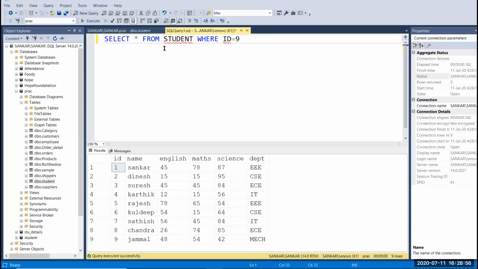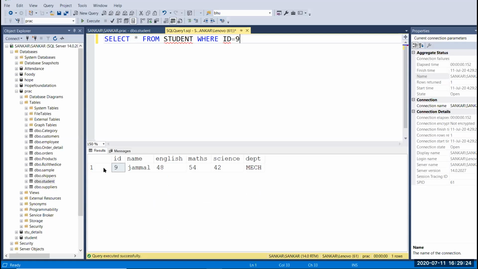So confirm, and after that you are going to do your delete or update statement, right? Before that you have to use a select query to find whether the record is correct or not, right? So now I'm giving where id equal to 9. Okay, so I'm going to delete the record for 9, right? So just give F5. So you can get only one row, right?